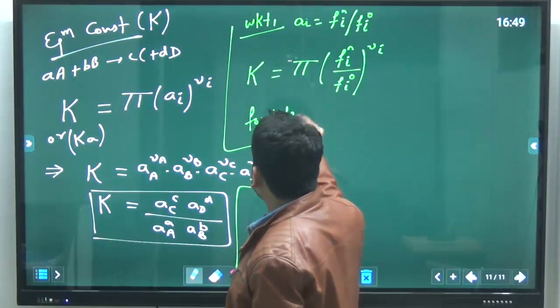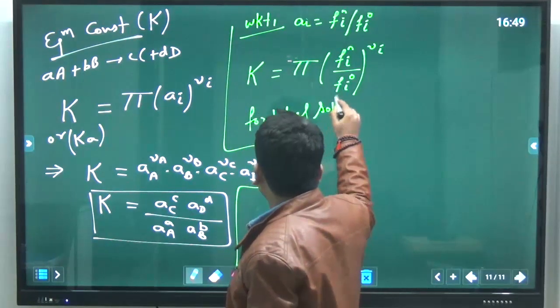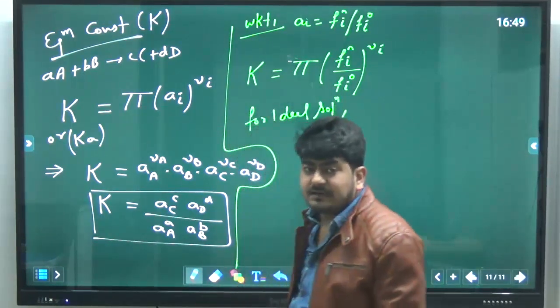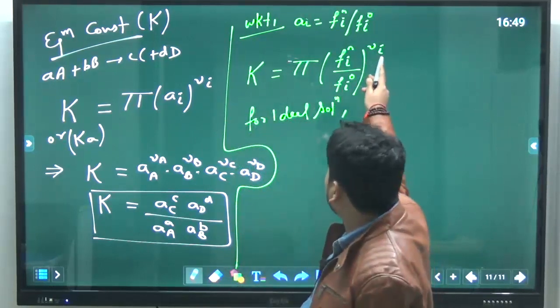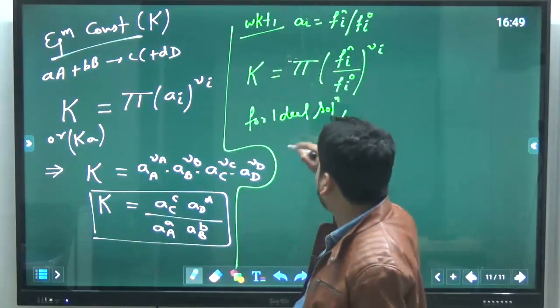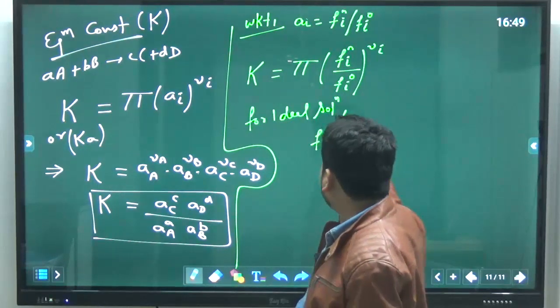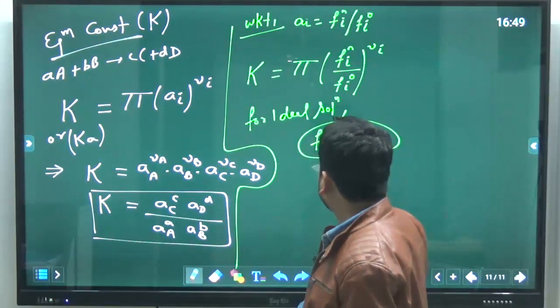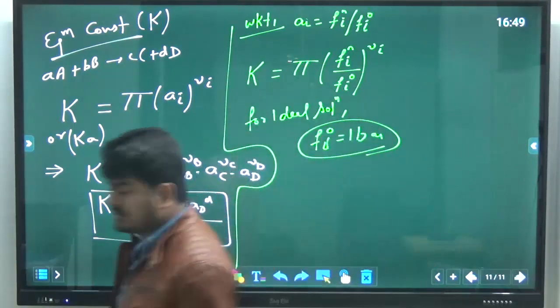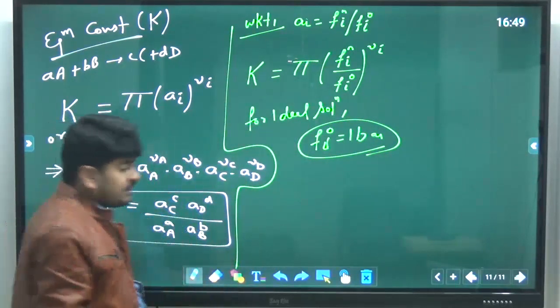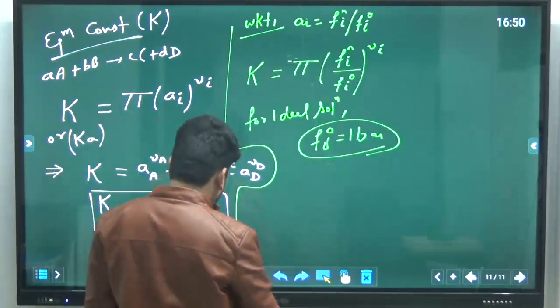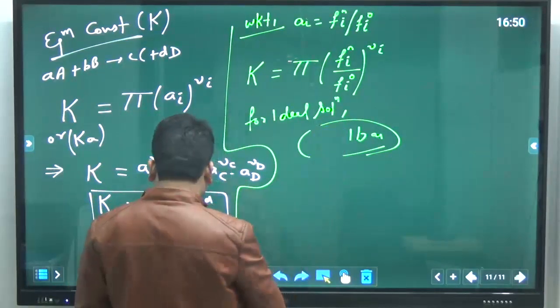Okay, and we know that for ideal solutions, if the reaction mixture is ideal, then f_i naught, that is the fugacity of i at standard state, will be equal to 1 bar. That is the criterion of standard state for chemical reaction equilibrium. So if f_i